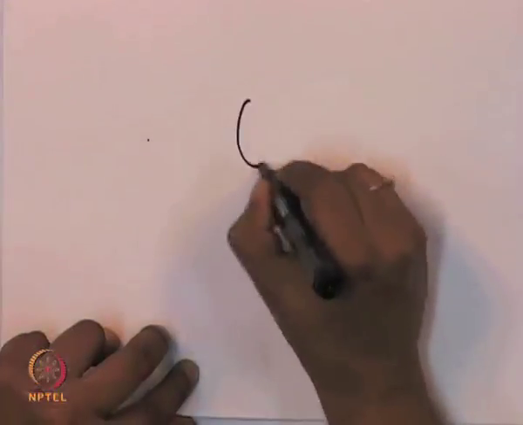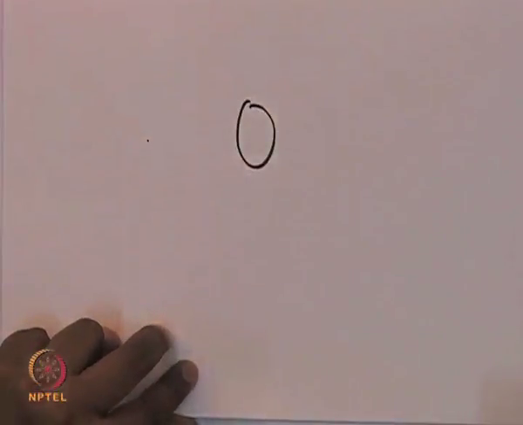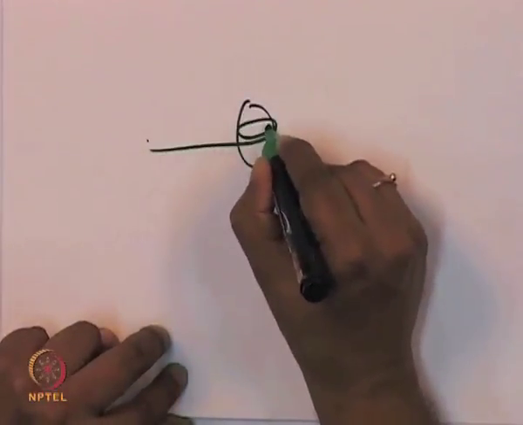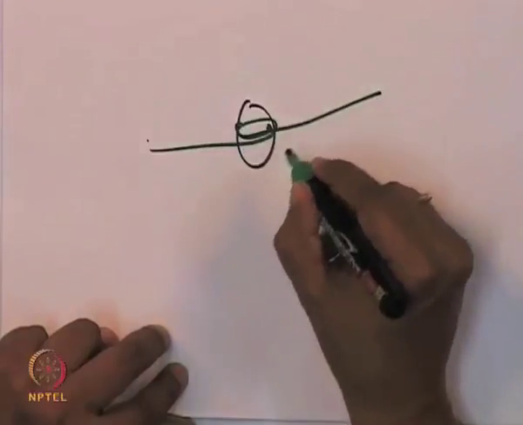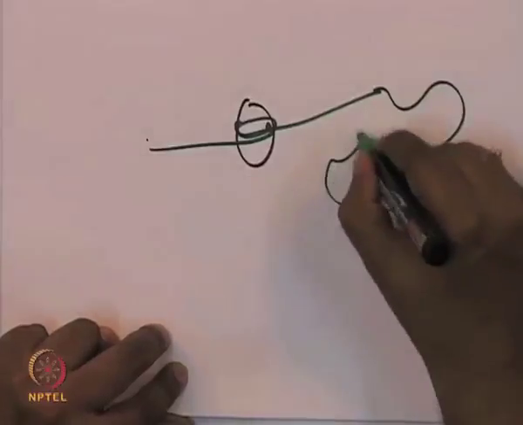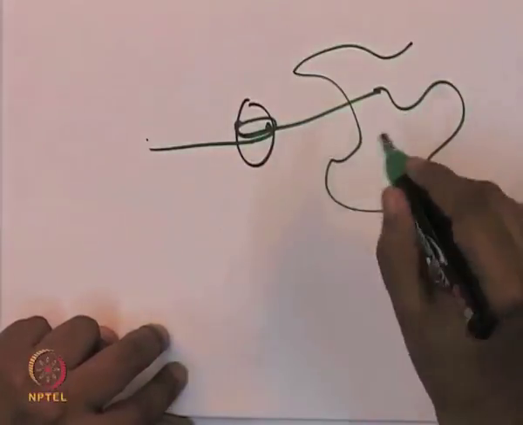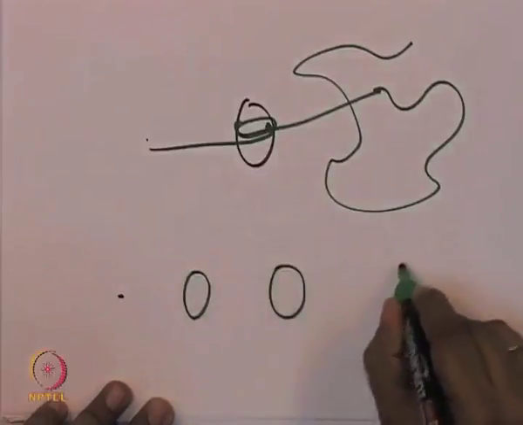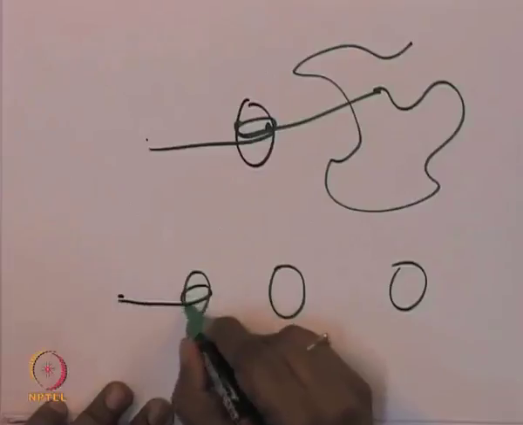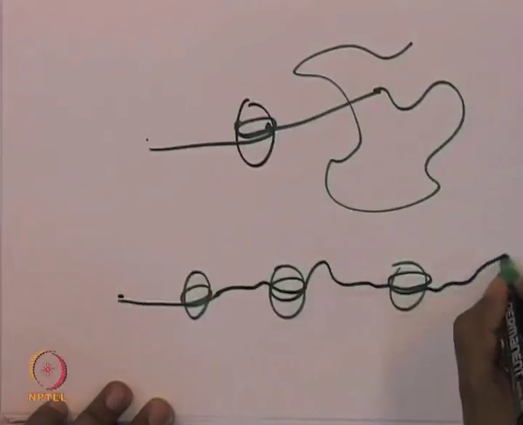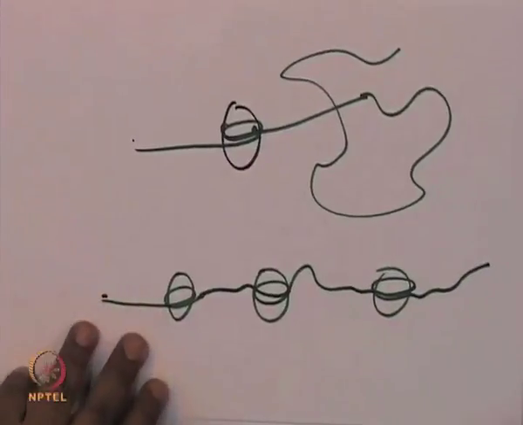So, you can imagine that you have a histone protein. This is a histone octamer and the DNA is wrapped around this histone protein. Then this DNA has various shapes. There could be many histone proteins, so the DNA is wrapped around this and this and this. Now, you can apply a force here